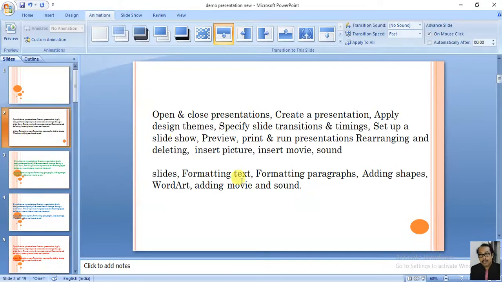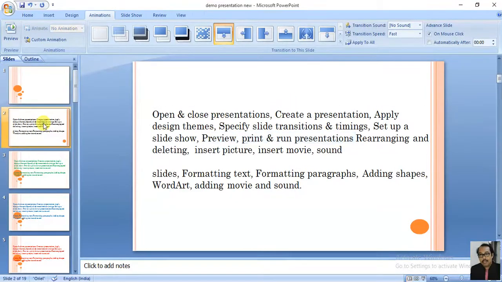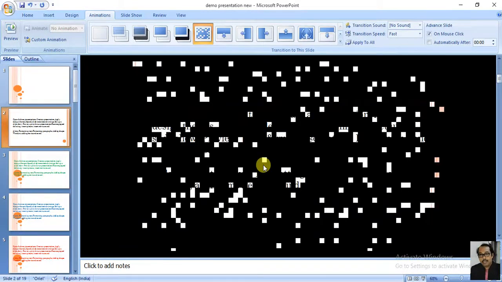So next is how you can preview it, print it and run the presentation. During runtime you will understand how the slides appear due to the transition. Correct. Select this one and apply this. Fantastic. So this kind of thing will appear in front of you, but it is taking lots of time.